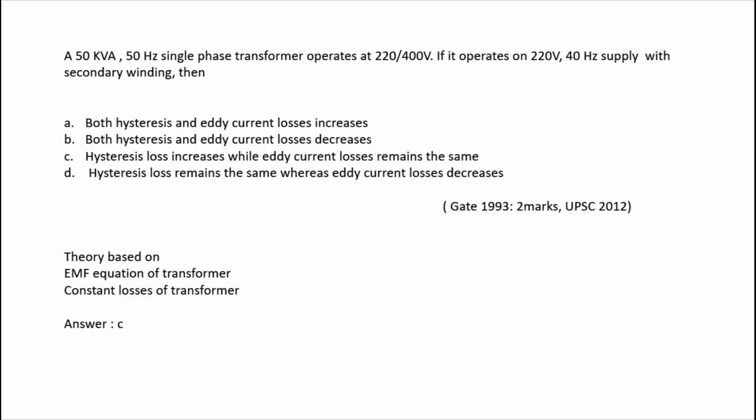A 50 kVA 50 Hz single phase transformer operates at 220 V, 400 V. If it operates on a 220 volt 40 Hz supply with secondary winding, then